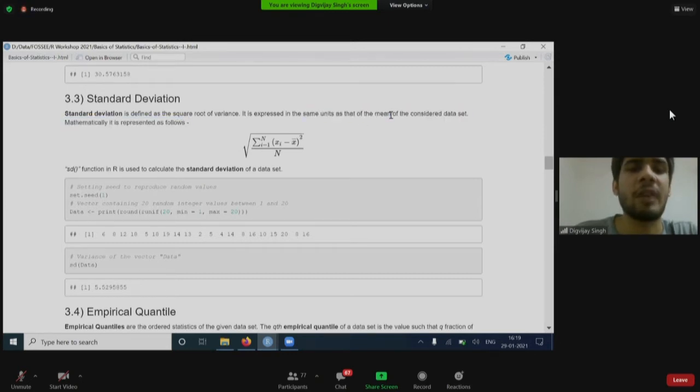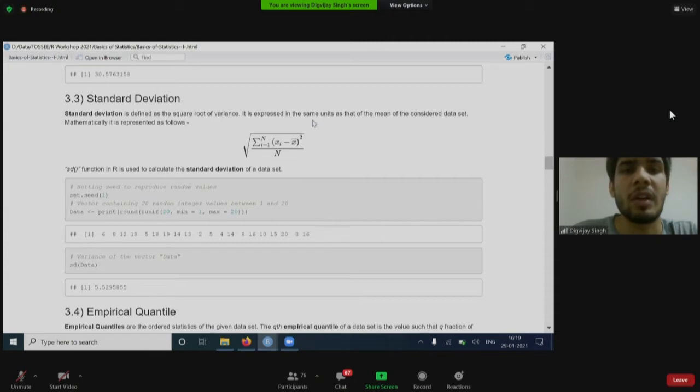So why do we want it to be in the same units as that of the mean? Because let's say you have a measure of the height of some people, and it varies from 1 meter to 2 meters. If you find the variance, you will get the value in meter square, not in meter.